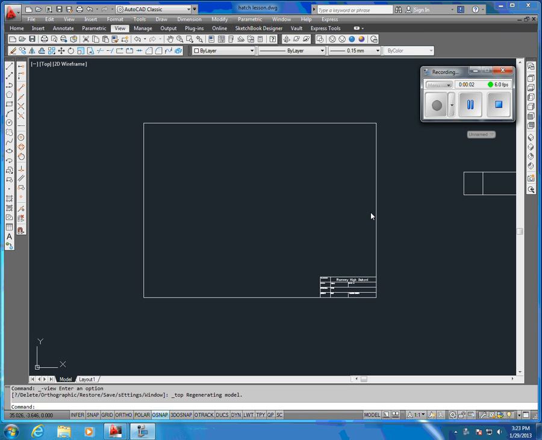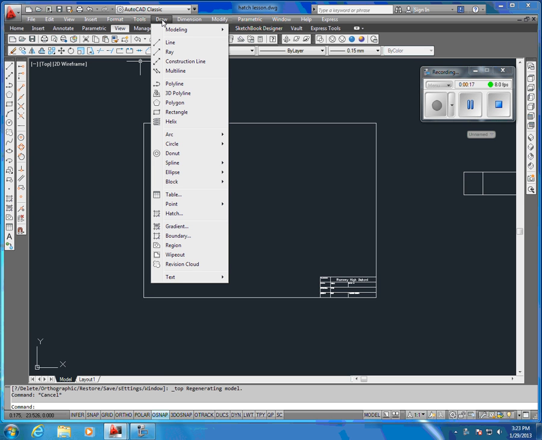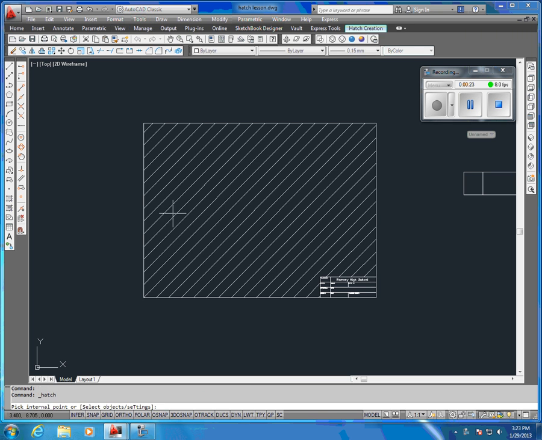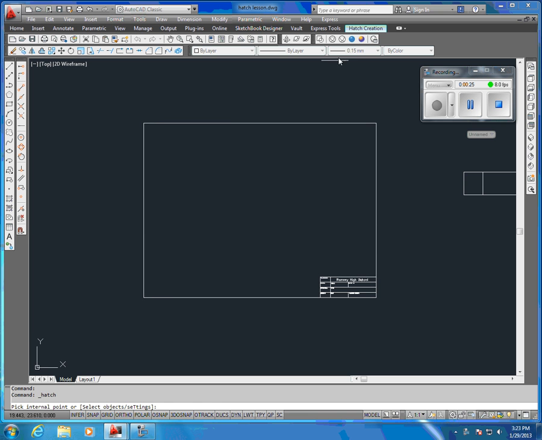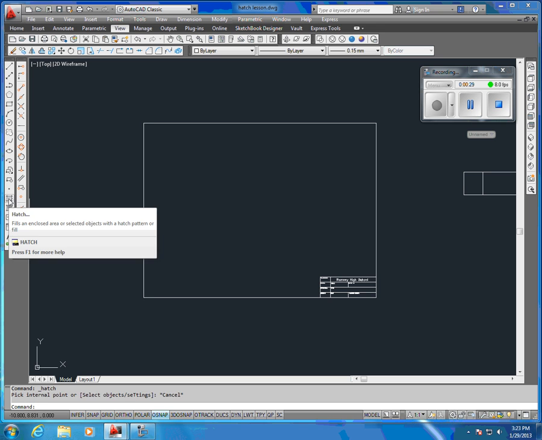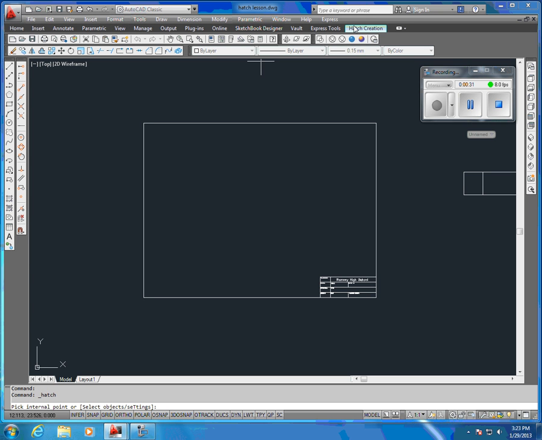Okay, let's talk about hatch. The hatch command lives here, and we can click on hatch. Also, the hatch command lives in the draw hatch menu as well. When you get involved in hatch, and either you can pick it here or type it in, you're going to notice this hatch